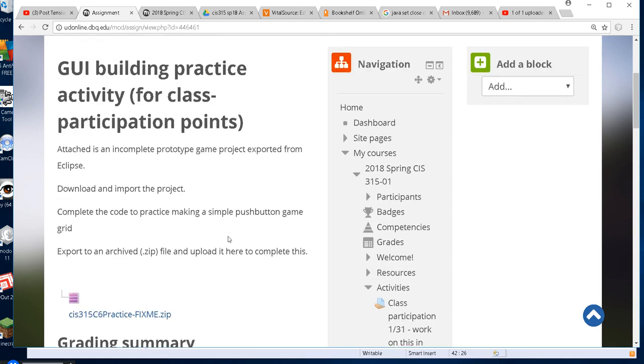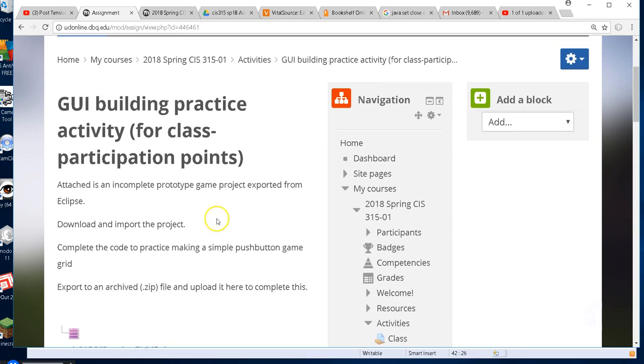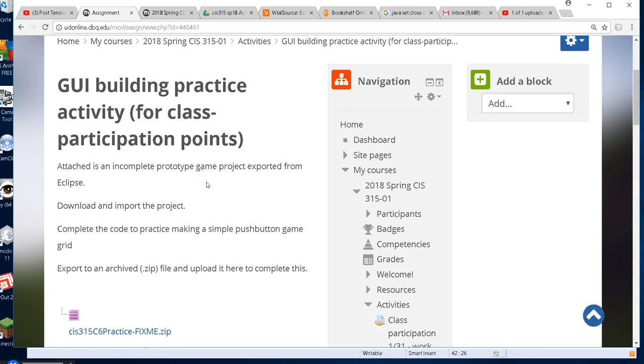So bring up the assignment, or under the activity, GUI building practice activity. And the plan is today we're going to walk through this, explain things, and if we get everything in there, maybe we'll add a few more things, because graphics, you can always do more. Even in your graphics program, when you have it down and you have it working, there's always more you could do. You can always pretty it up, adjust things, and that's where,